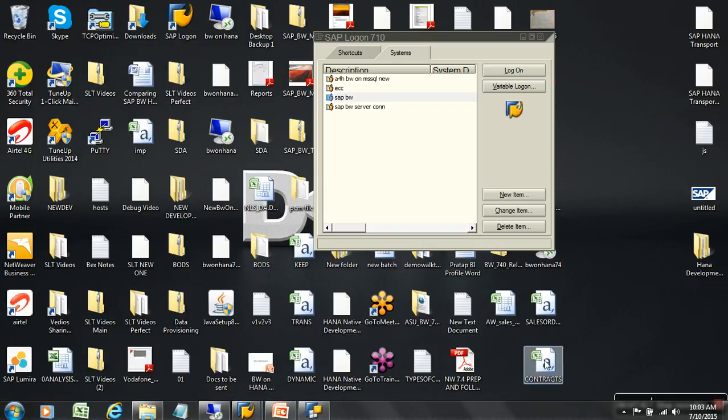Good. That's the compression. Generally, they focus on compression and aggregates. Nowadays aggregates are also not needed because once HANA comes in, aggregates are ruled out. Then they ask about query read mode. Or they might put a generalized question to you. What will you do in order to improve query performance? Let's say I give you a query and I ask you to improve the performance of the query.